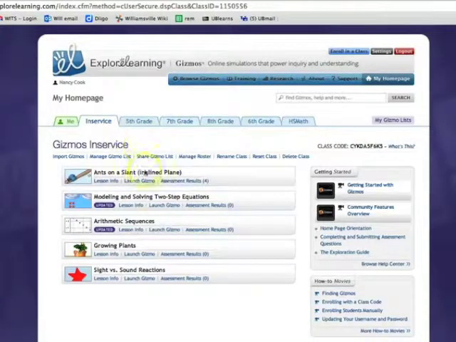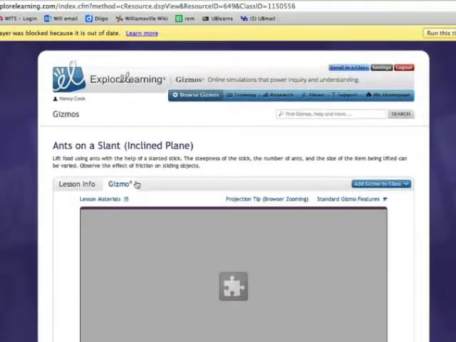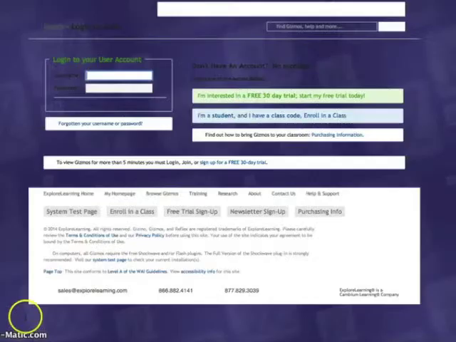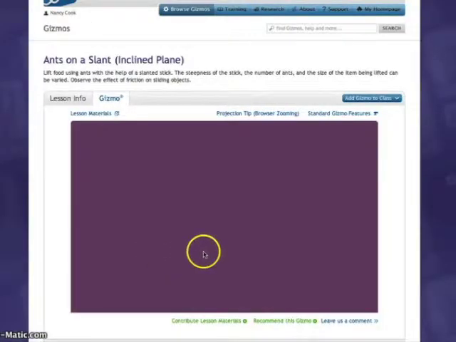But here's, just to give you an example, and we're going to actually play this, and you'll get a chance to play it after you watch this video. So we launch the gizmo. Now it will only let me play this for 5 minutes. You get a 5-minute free pass. So you can log in and go up to the top, and in UB Learns, it has your login so that you can actually log in and play for more than 5 minutes. So here I am all logged in.